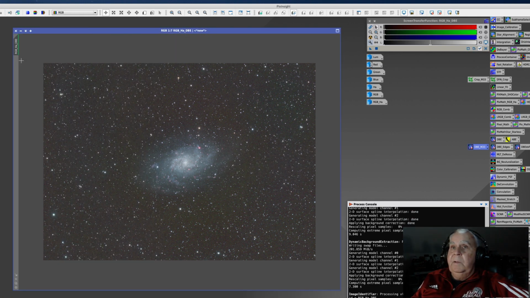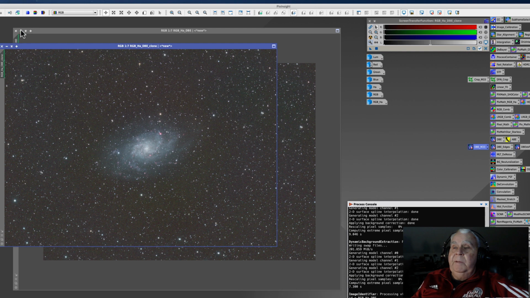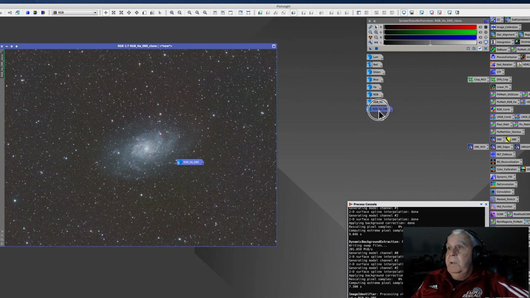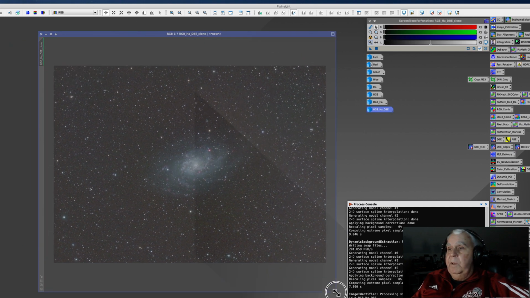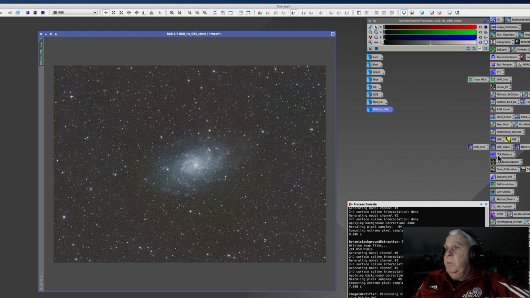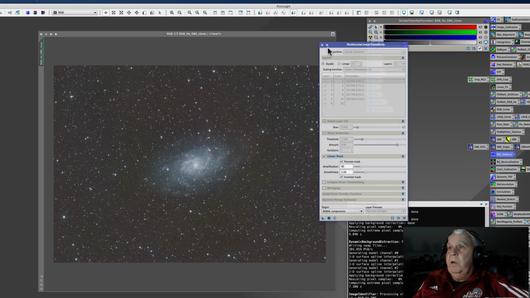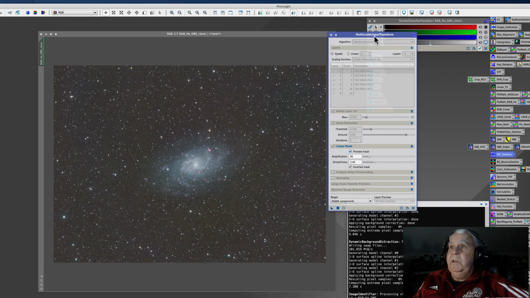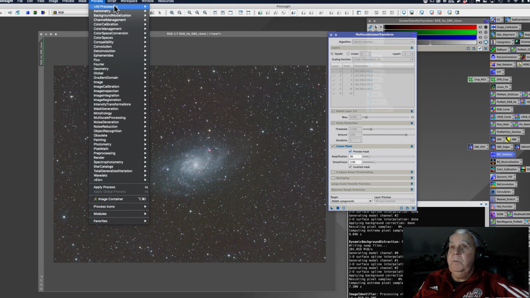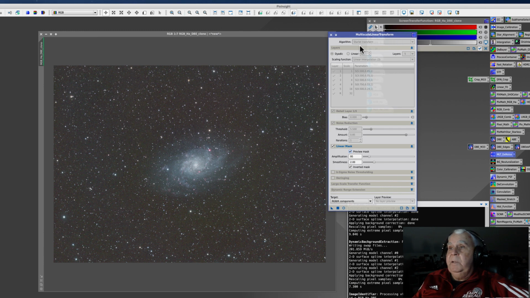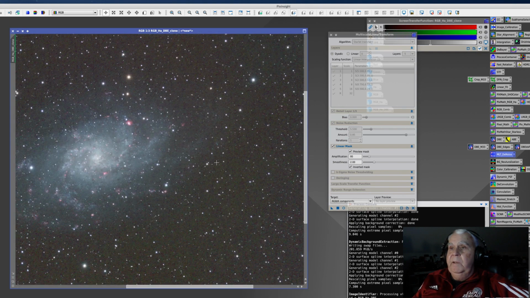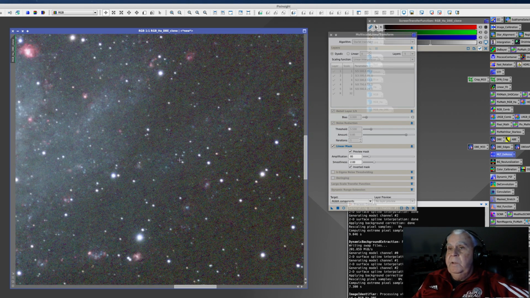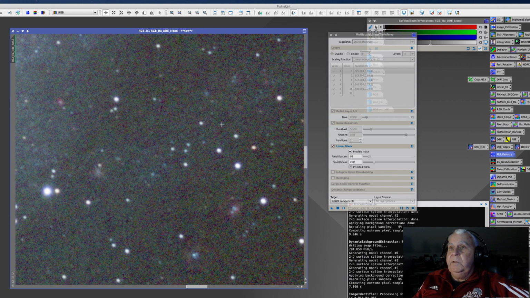and I'm going to save that and add to my workflow trail. And I'm going to bring up MLT denoise. That's what I call it, but it's actually multilinear transform if you go look for it under processes. But I call it MLT denoise because these settings work pretty well in the linear state to reduce noise. So here's the noise I want to tackle,